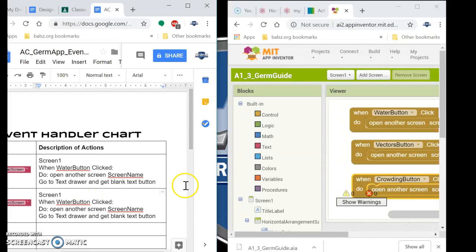Instead of water button, what's it going to say? It's going to say vectors. Because we're going to look over here on our other side. Oh, vectors button. Vectors button. Now you see the camel case, the capital V, the capital B, and it's green. Okay, we do the same thing. Okay, so you're going to do the next thing with the next crowding button. All right,